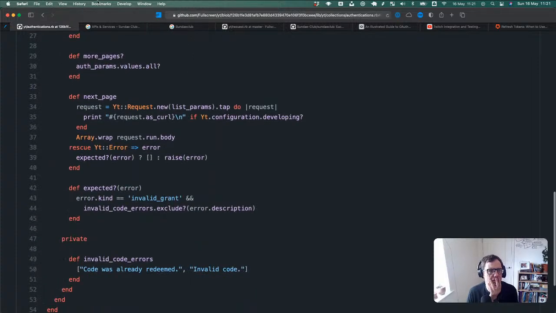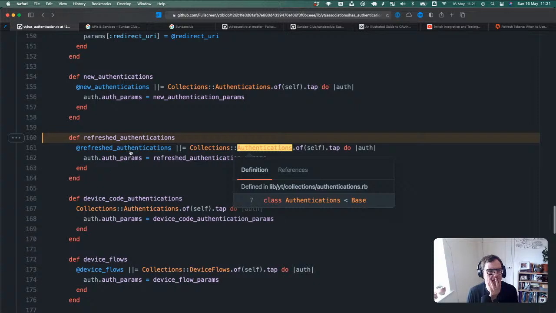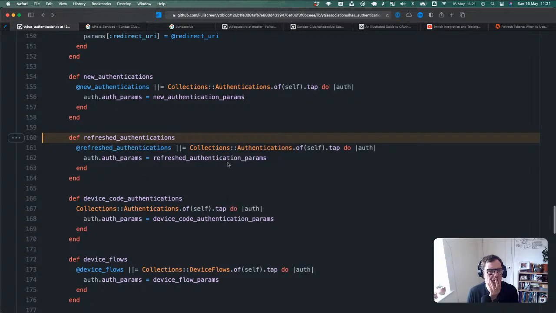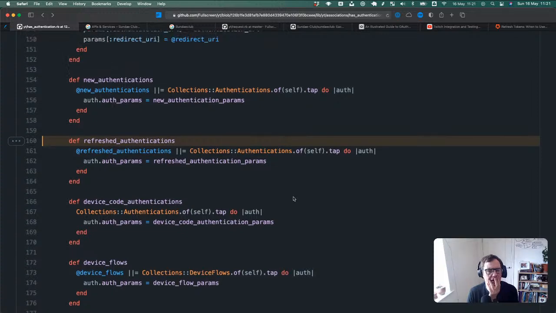Okay, I'm not 100% sure what the collection of authentication does. I think that's a gap in my awareness of what is going on.